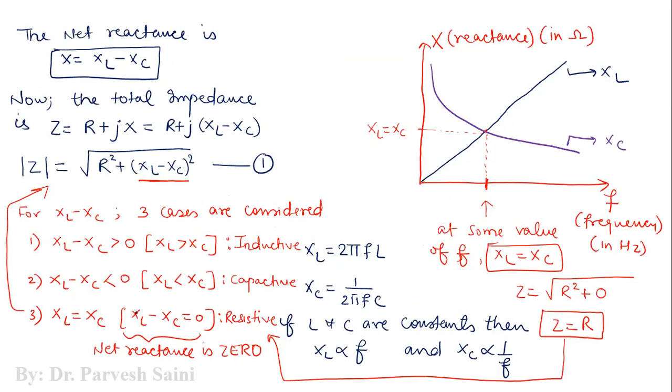So at XL is equal to XC, or XL minus XC is equal to 0, Z is equal to R, which means